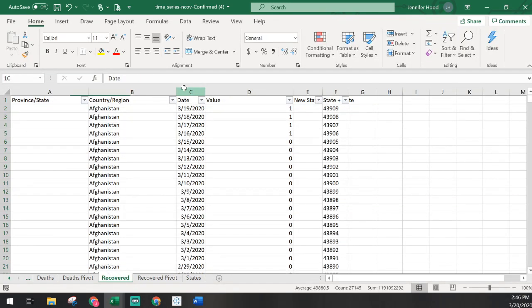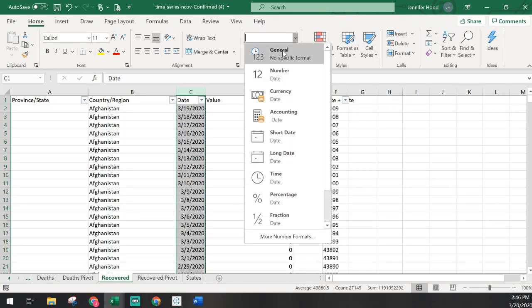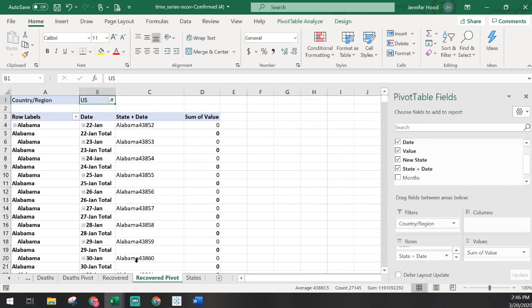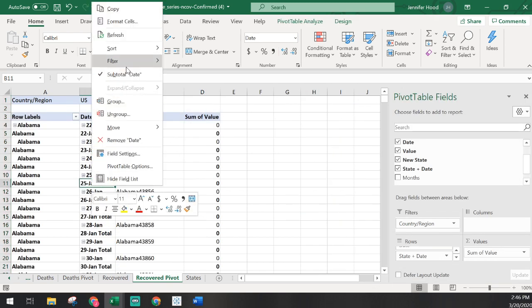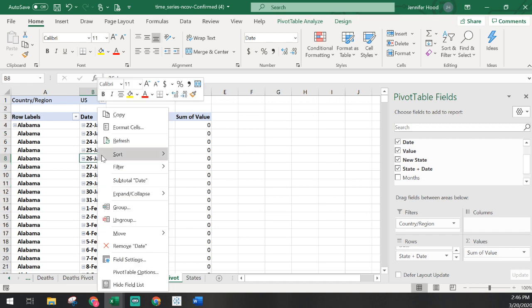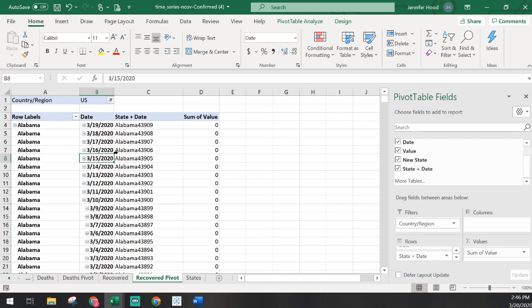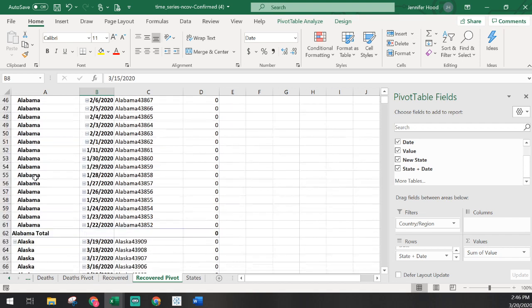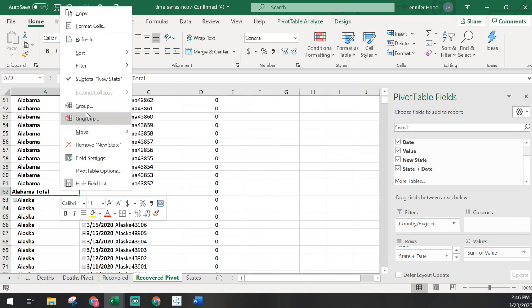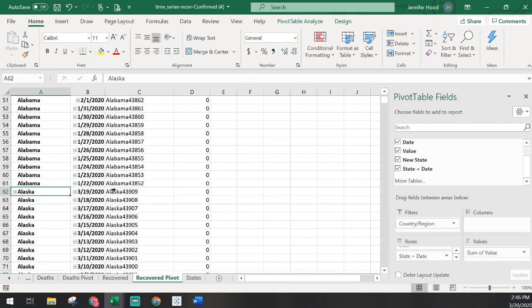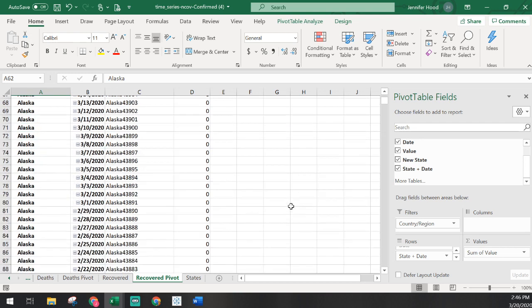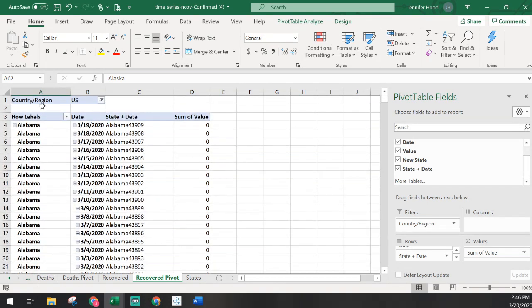In our recovered data, again, we need to change this to general for our numbers. Take off our subtotals, refresh our data. And we still have the state subtotal. Right click on that, get rid of the subtotal. So we've got something that is looking pretty good.